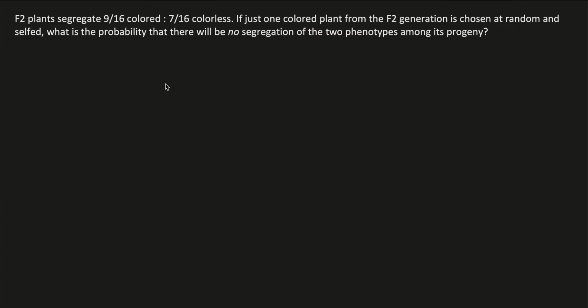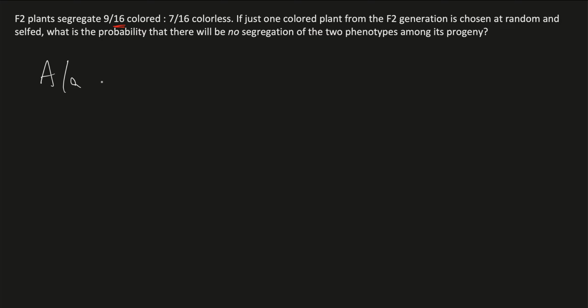So the following question has to do with finding the probability of a specific genotype from the F2 generation, but this time we're going to have an epistatic gene working, and actually we're going to have duplicate recessive epistasis. Now, the question says that F2 plants segregate 9/16 to 7/16, and the fact that we see the number 16 right here tells us that we probably have two genes at play, and we'll call them big A, little a